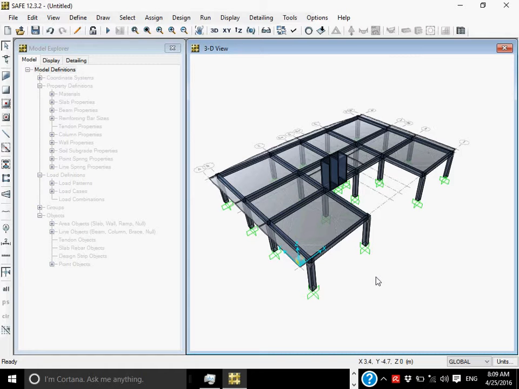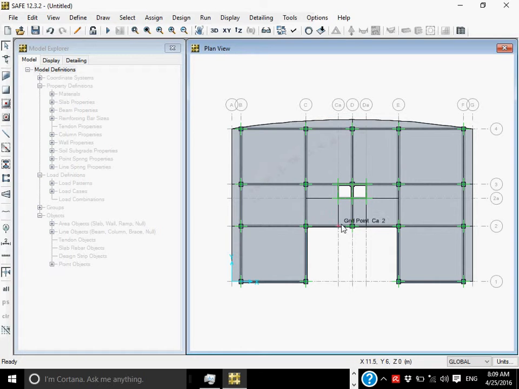Now, this is your slab, these are the columns, and these are the beams that you have defined. And if you go on the XY, this is the extruded view, you can see.